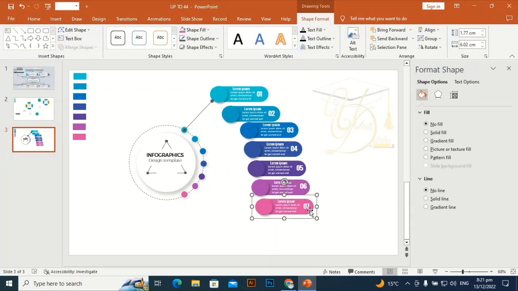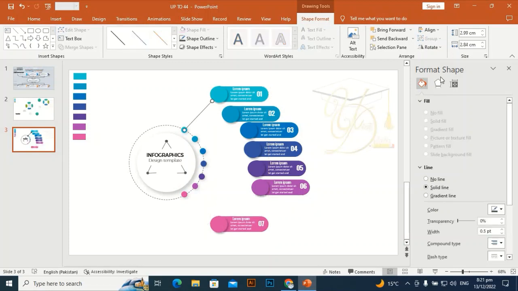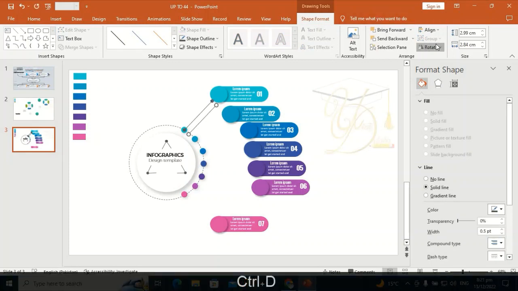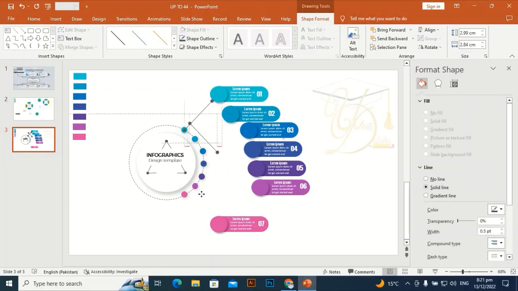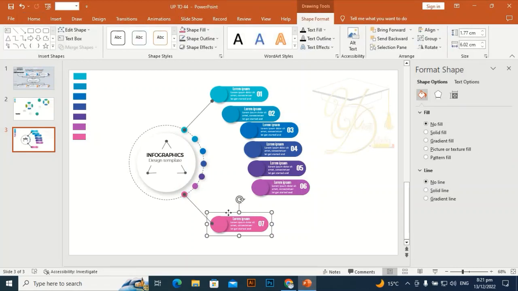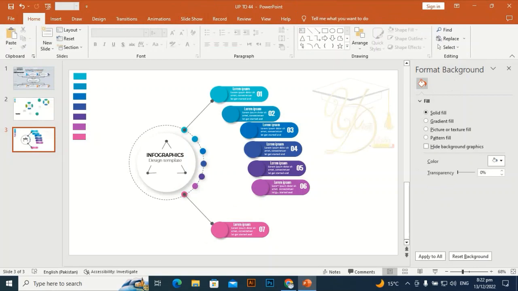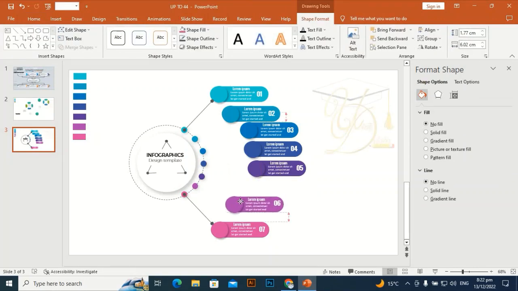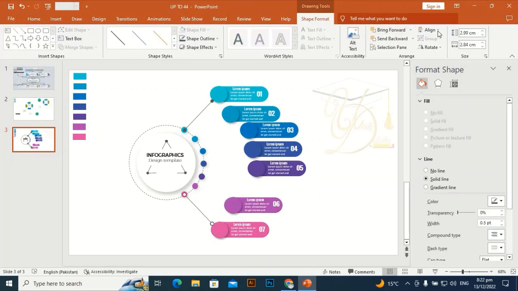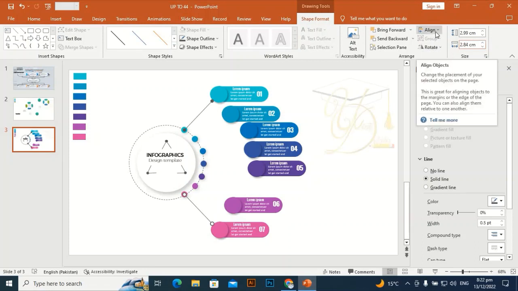Okay, place and align to the top. Okay, place and align to the second one.